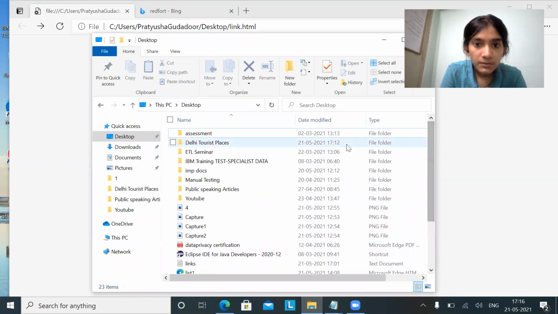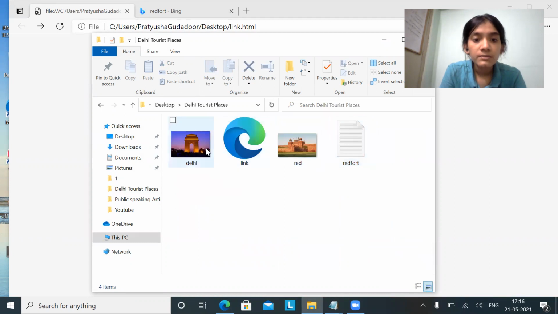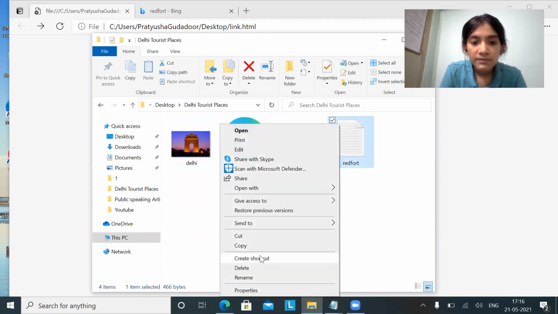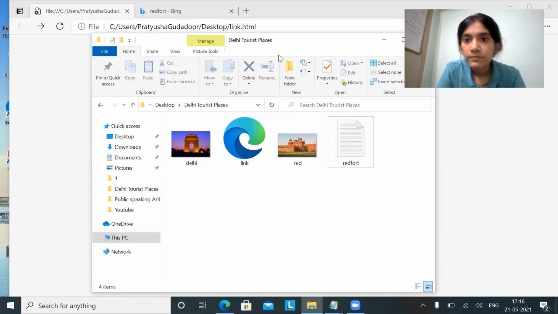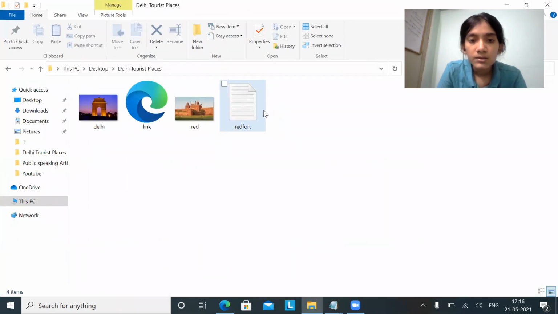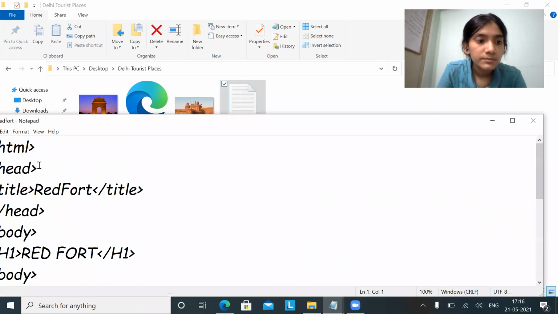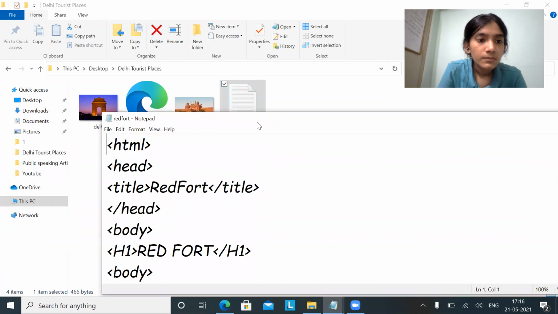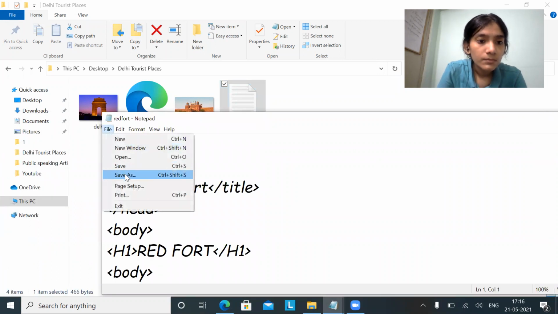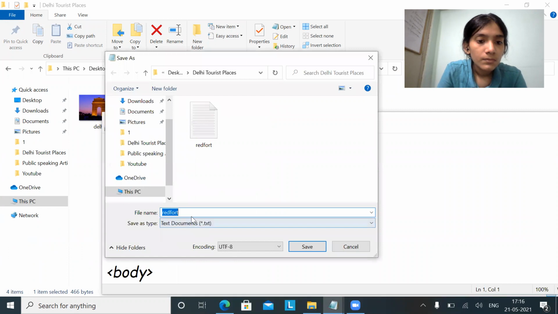Our file is here. Open the file. Make sure that it is saved as .html, otherwise it will not work.